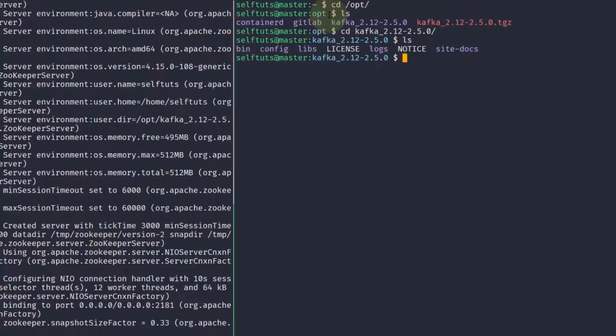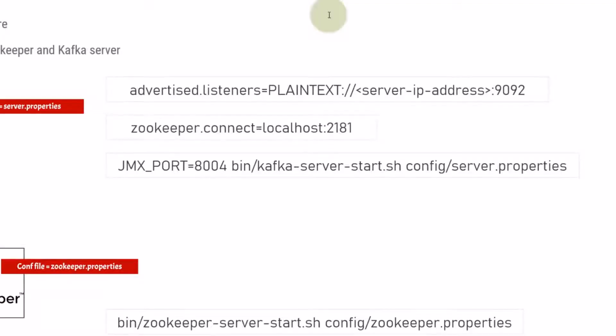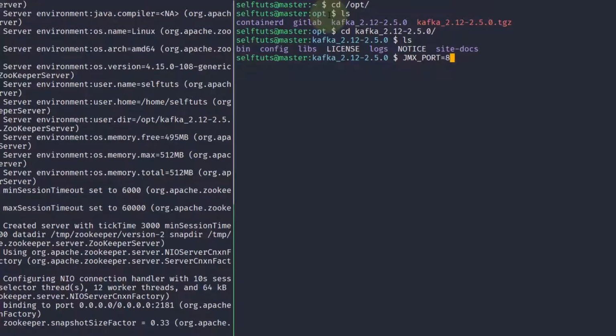After that I type the command JMX_PORT=8004. Once this port has been exported for the JMX service, then we use bin/kafka-server-start.sh, and we need to provide the config file.